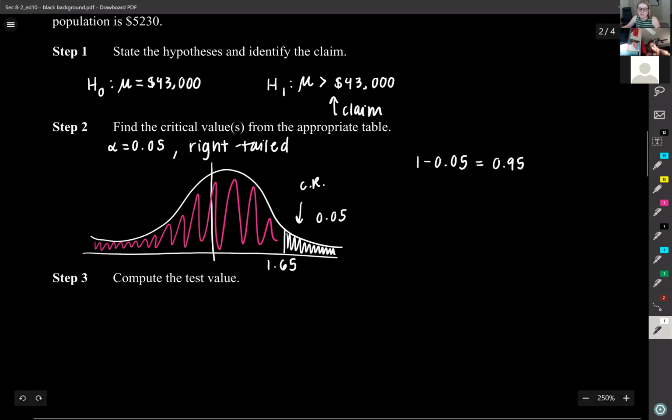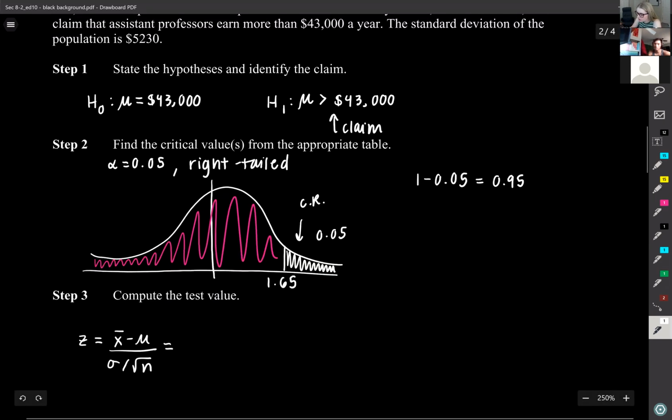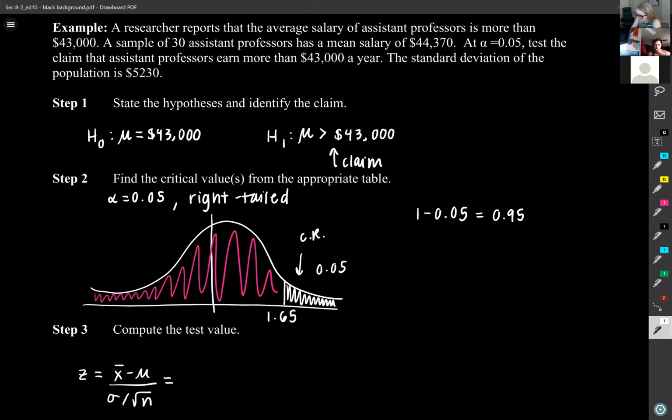Okay, the next step is to compute the test value. Okay, well, we're doing what's called a z-test, and we were given the little formula for that. So our test value is found by doing z equals x bar minus mu over sigma over the square root of n. And yes, this looks very similar to computing a z-score. So let's just plug in the things that we were given. So I'm going to write down what they are. So our x bar